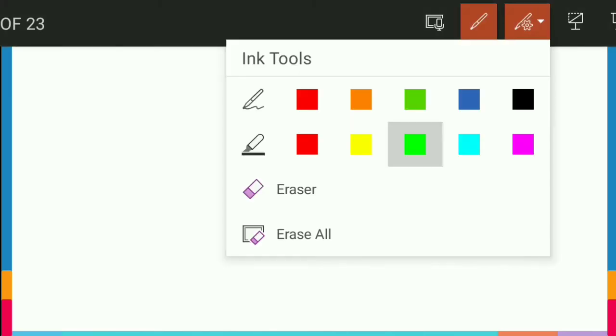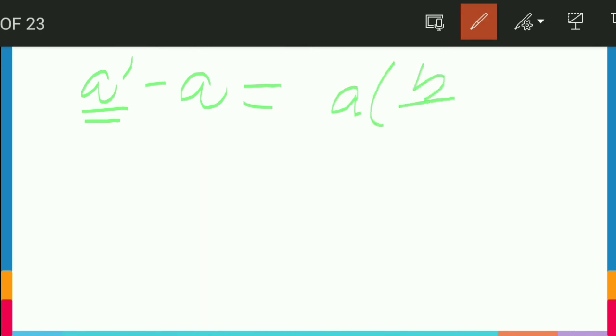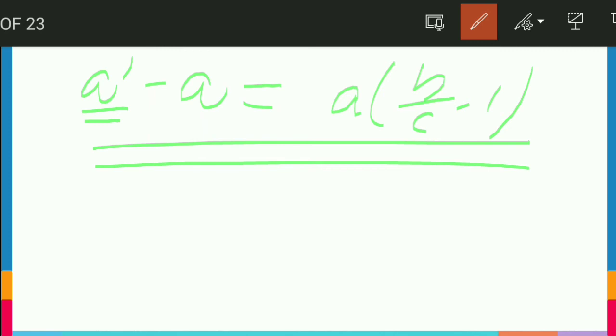So now what will the final charge on c be? From the figure you can find, it will be equal to q dash minus q, because again we have used the process of induction and charge conservation, so it will be equal to q times b by c minus 1. So friends, I hope this question is clear to you. Actually, what was important here was the process, how we think.